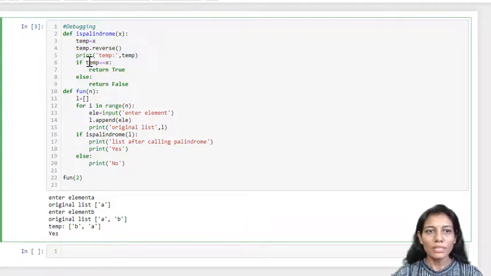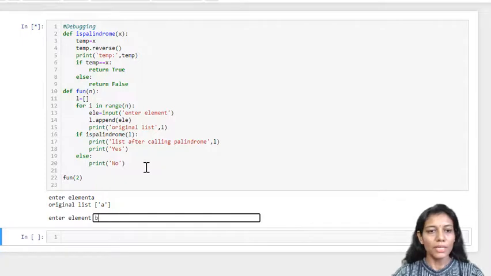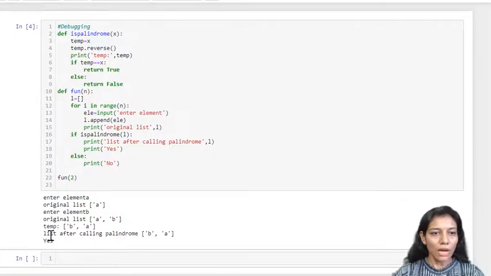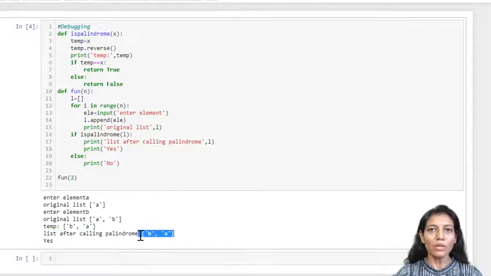We have already seen that temp is correct, converting the given list in reverse, but then something goes wrong. So I'm checking the intermediate value of my list after calling the palindrome function. Let us see A and B. After calling palindrome, the list has become BA.